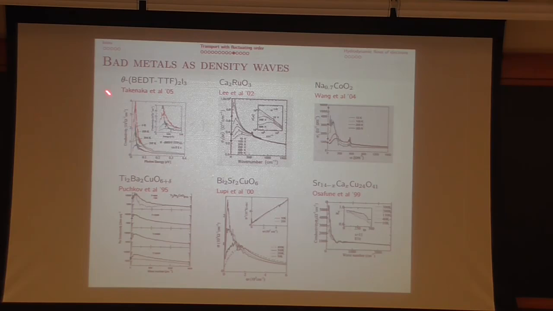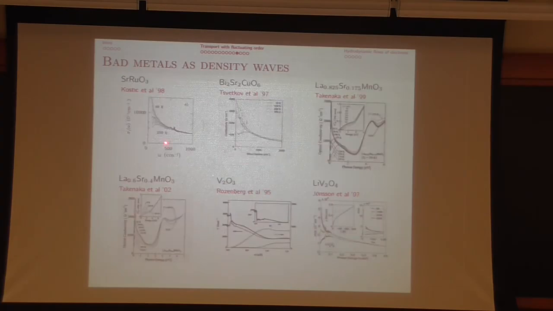They all plot the AC conductivity, so this is, again, sigma of omega versus the frequency. And in all these systems, we see that they have these finite frequency bumps in the conductivity. Those are all very different materials, at least it looks like different letters to me. And they all have these finite frequency bumps. Okay, here's some more.